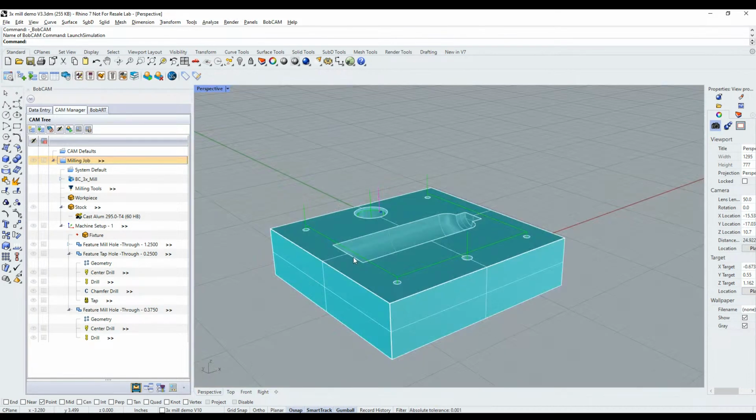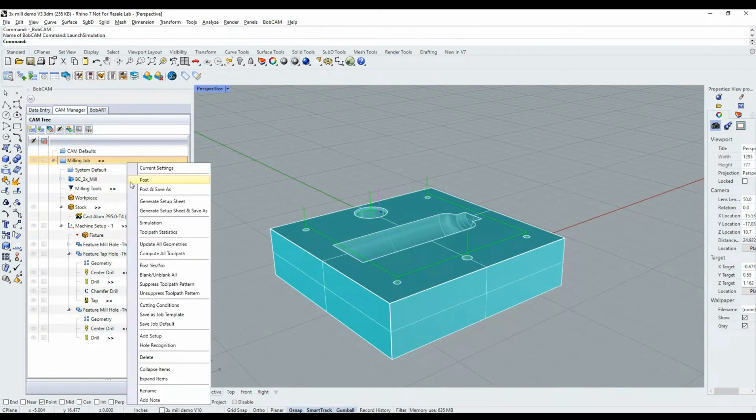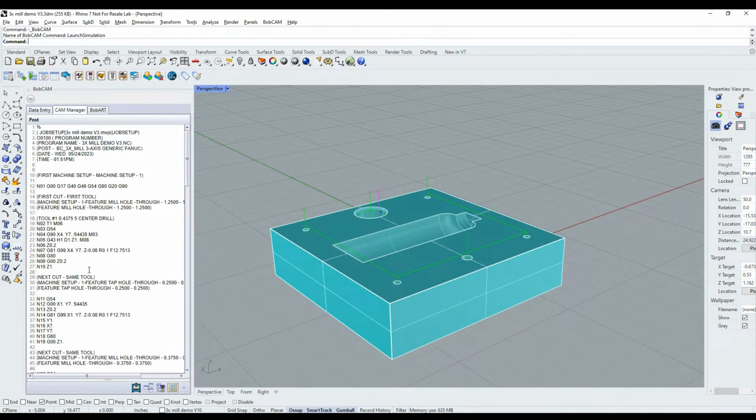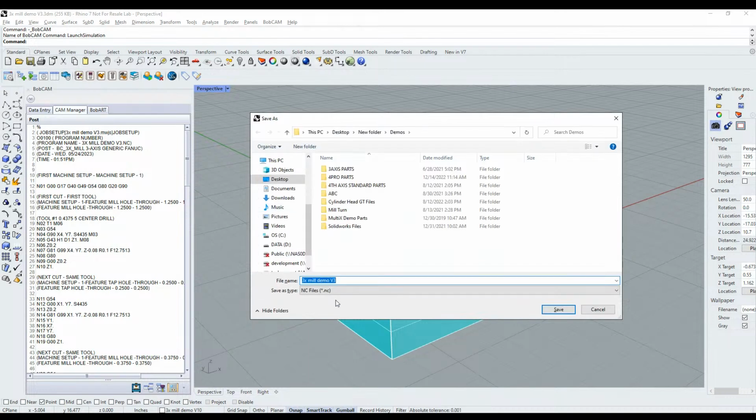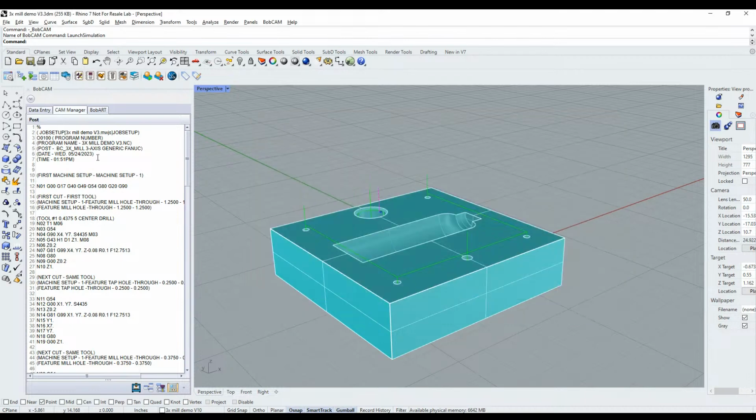So once we are done with the simulation and everything looks good, we can right click on the milling job, go to post. It'll generate the G code here in the posting window, where I can right click on it and save it, put it onto a flash drive, and send it over to the controller from there. If you're a little more old school, using an RS-232 communication cable, you can right click on the posting window and go to NC Editor. It'll open the G code in the NC Editor that we have,